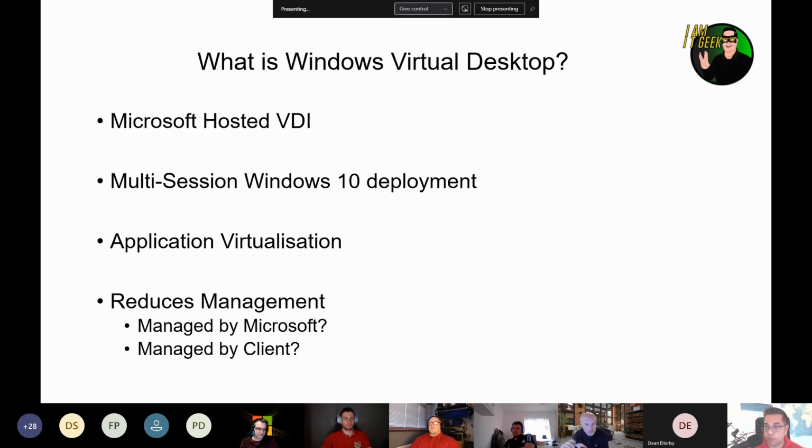What you're in charge of, as the client managing it, is the watering and feeding of that environment. We're talking about patching, feature updates, making sure there's network connectivity, the identity side of it, making sure people have the access they need. That's what you as a client have in control. But again, it's a lot less than managing an on-premises solution where you'd have to think about power, electricity, potentially UPS, power outages, all that stuff that I'm sure we've all suffered from in the past managing on-premises solutions.